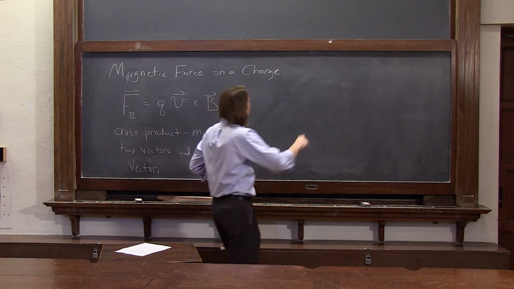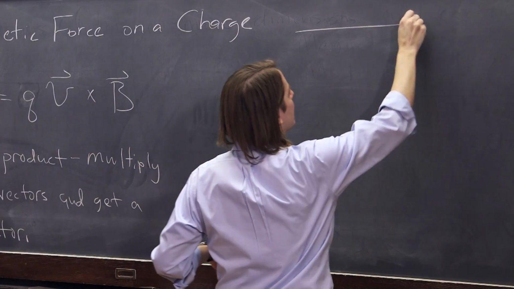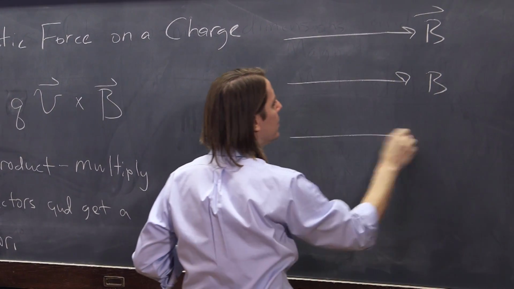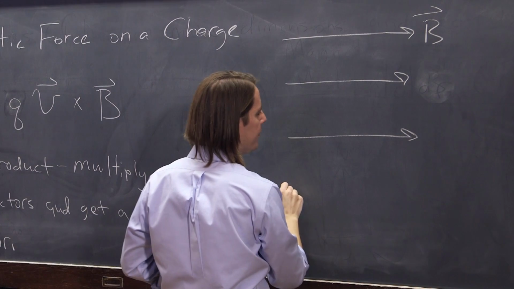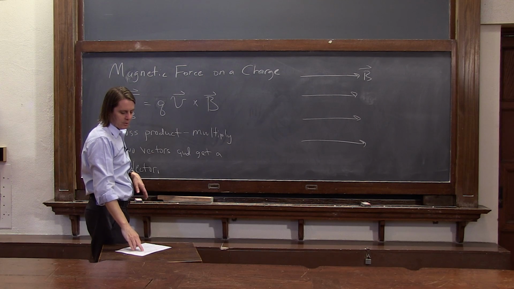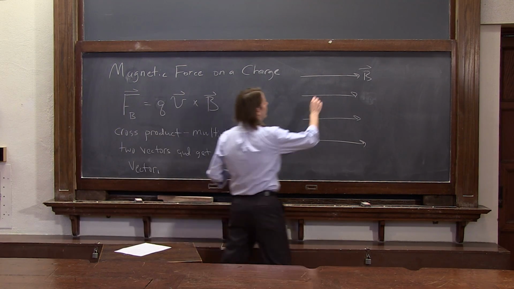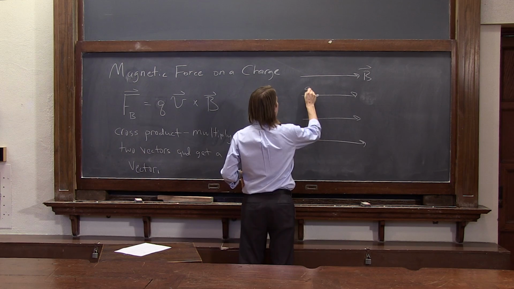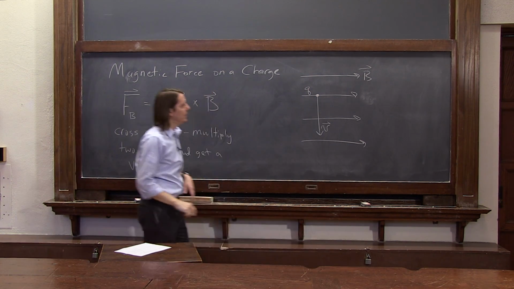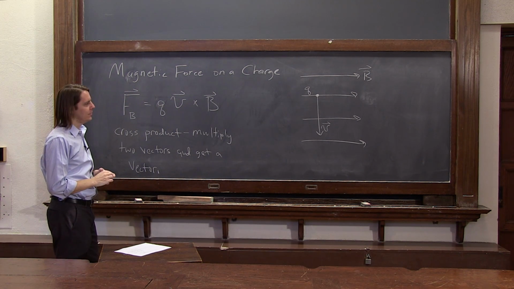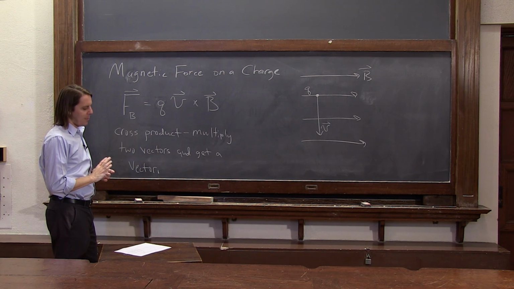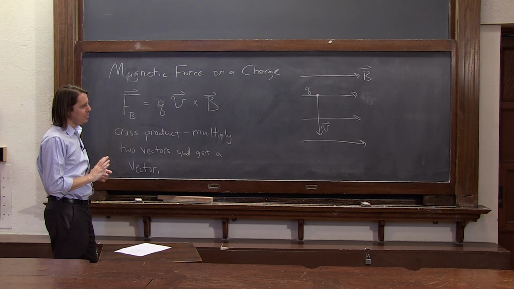Let's imagine we have a uniform magnetic field this way. So everywhere in space, uniform magnetic field, like we always draw. Okay. And we're going to put a charge in there with charge Q. Let's put it right here. And we're going to have it moving down with velocity v. In this case, at 90 degrees to the magnetic field. Okay. So we got to think about which way is the force going to be and what's its magnitude going